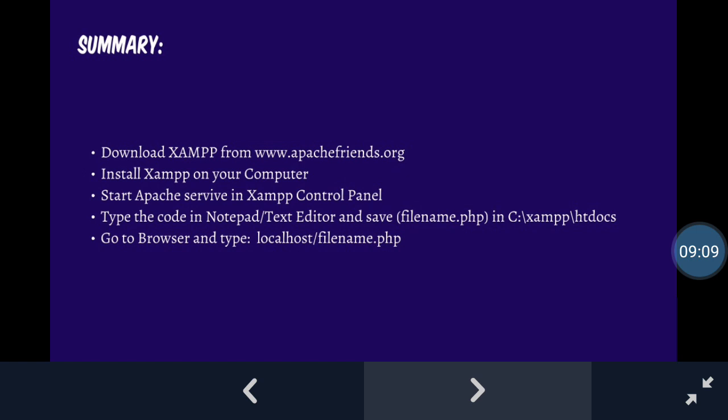Type the code in Notepad or text editor and save it as filename.php. You save this file under C drive, XAMPP folder, under htdocs folder. Go to the browser and type localhost / the name of the file you have saved. For example, localhost / filename.php. Press enter. You will see your output on the screen.